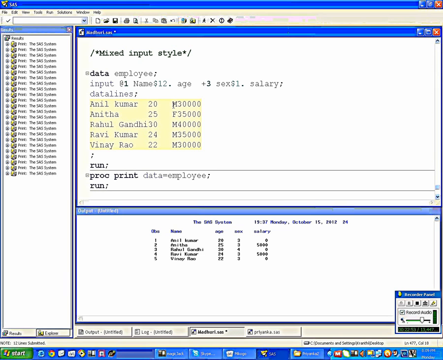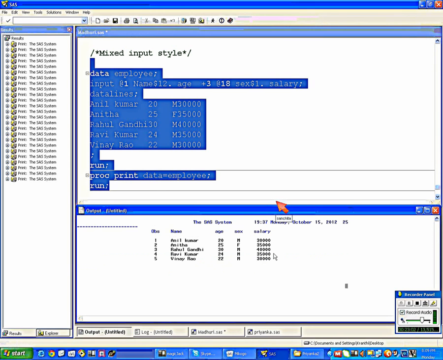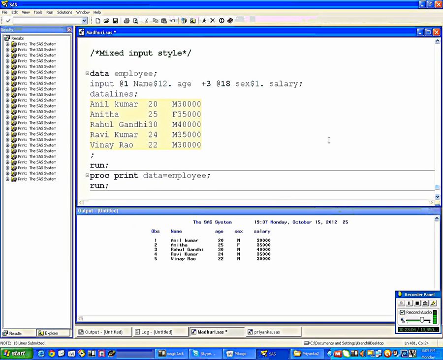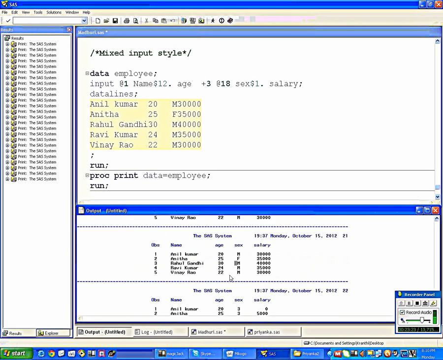It's 18th. But when you use the 18th, then it will give the correct one. Yeah, there is some confusion in this age. 12, then it is a 30th column, right? The age every time is taken correct only.